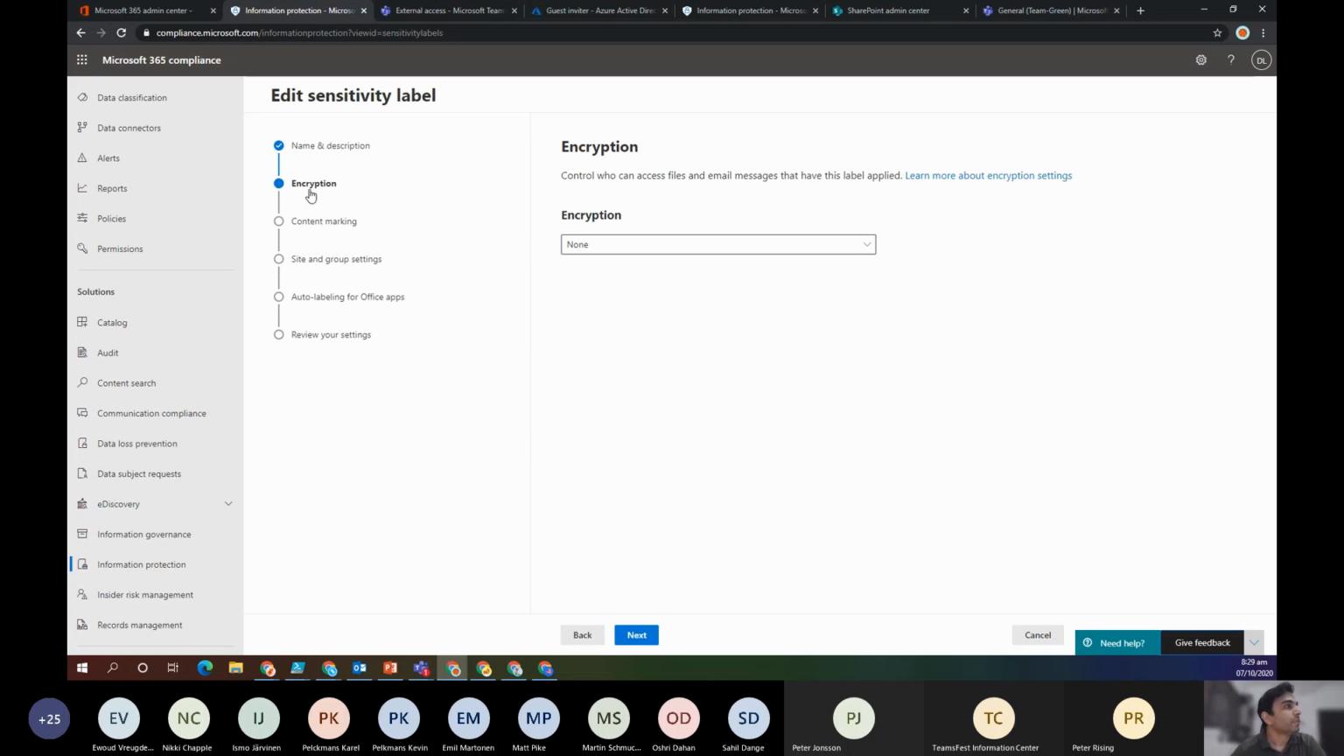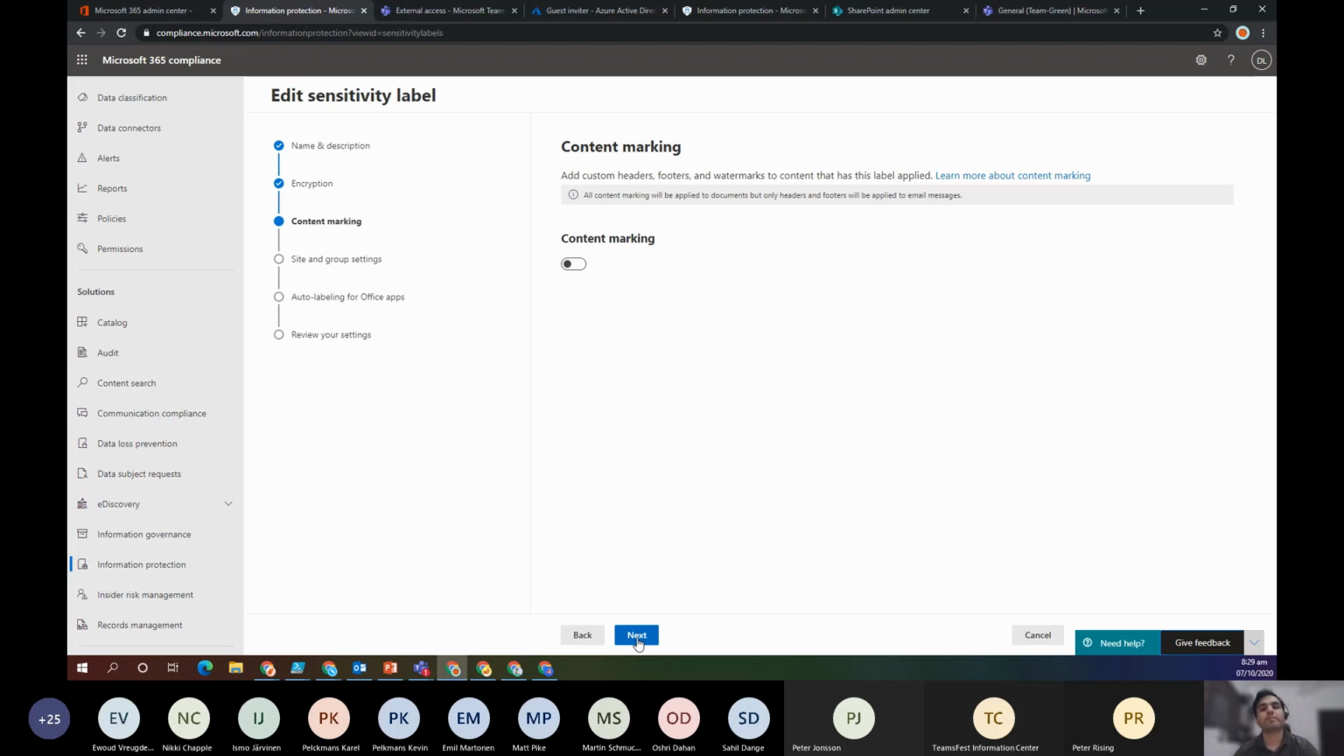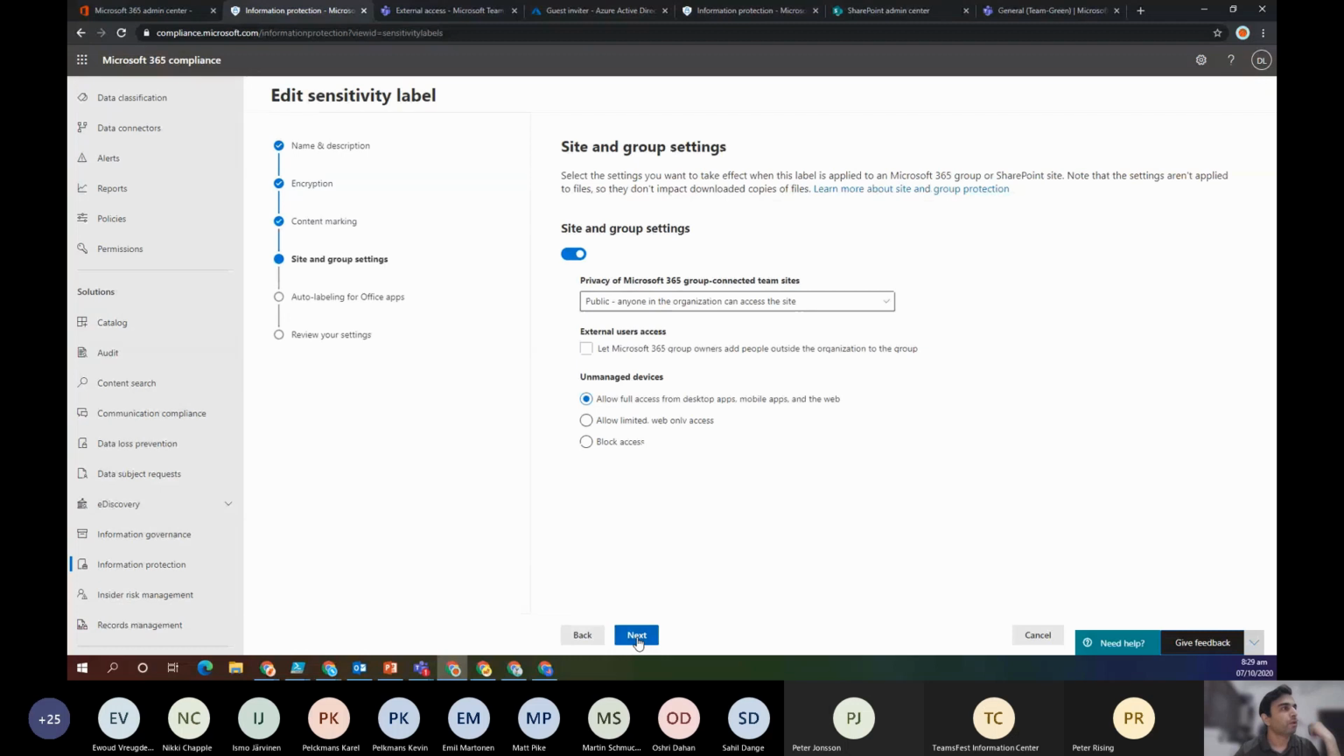So this is normally required for the documents, not for the next section, which is content marking. This is for adding the watermark or header and footer to your documents. And because I'm working on the sites and content, I'm not making any changes on content marking. Here, what I have done is I just have selected